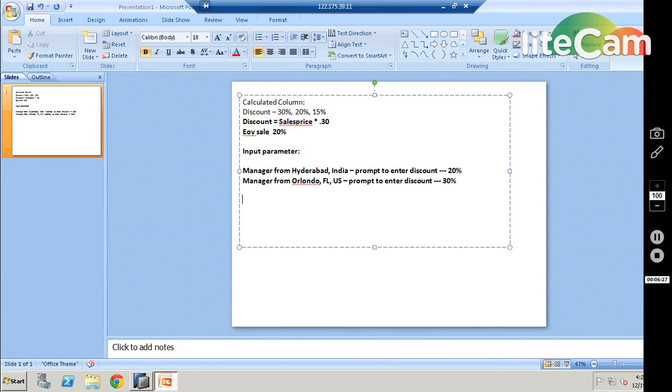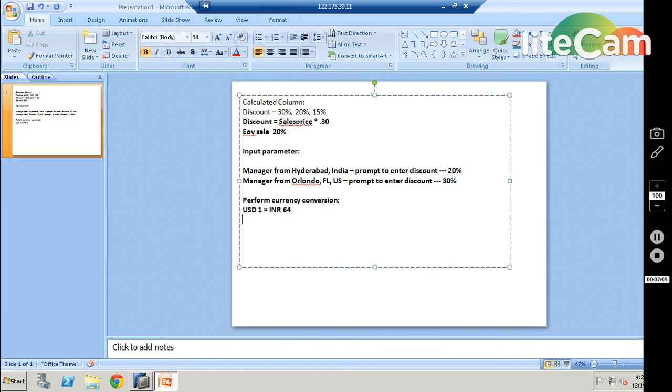This is one case. In another case, for example, you want to perform some currency conversion. How do you do this? If your currency is US dollar, today USD 1 equals INR 64, but tomorrow it may be different.